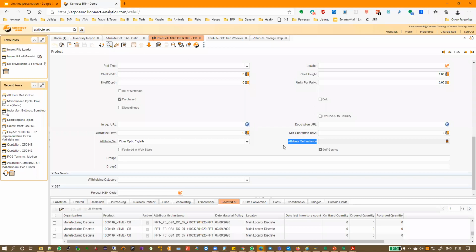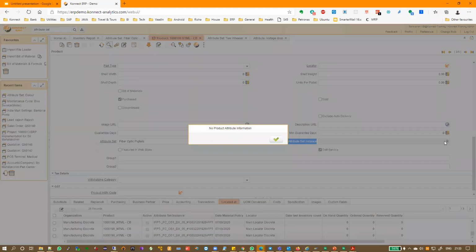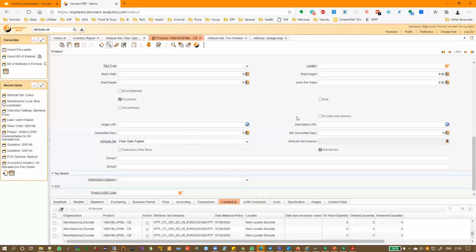Now this I'm defining in the master. So it's called a static instance. That means this has nothing to do with stock. Okay. Whether it has a stock or not, this value will be there. So if I click on this, it says no product attribute. That means there is nothing which is static, all are instance. Okay, we'll see what that means in a minute.